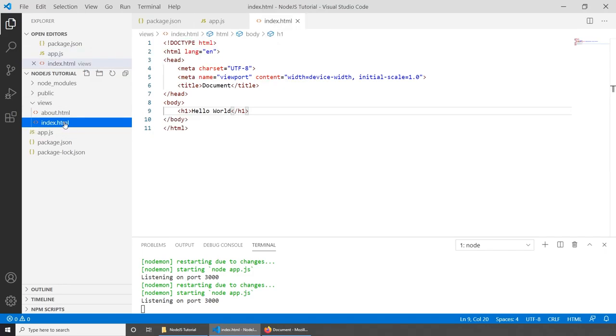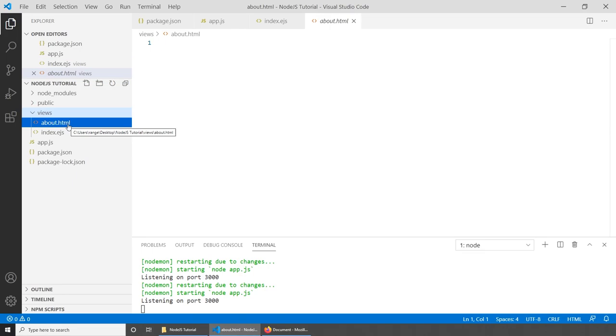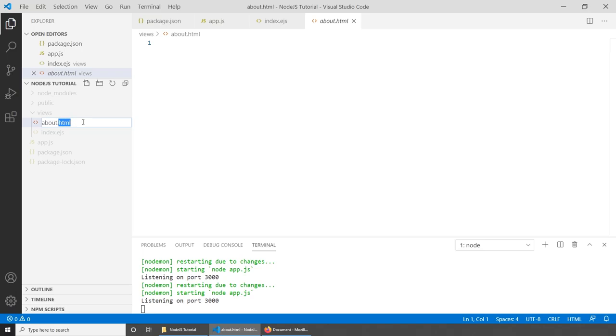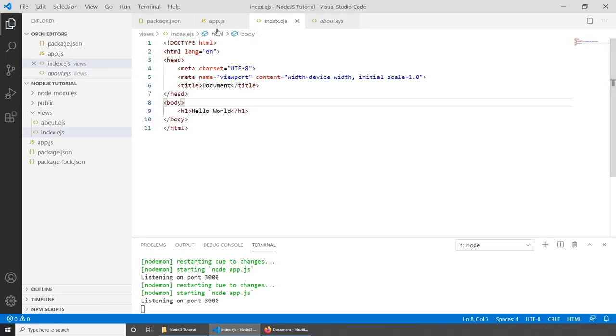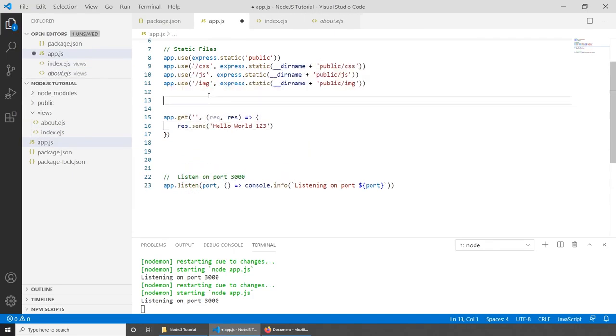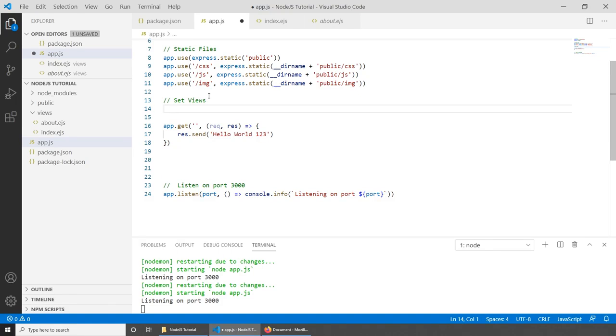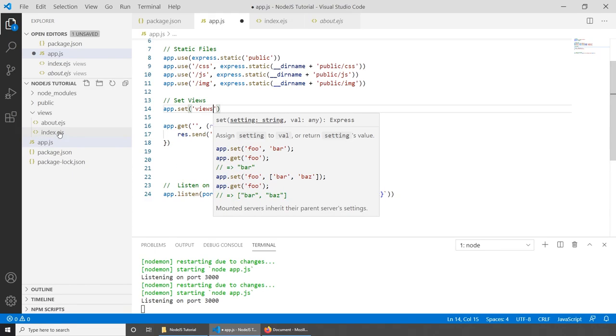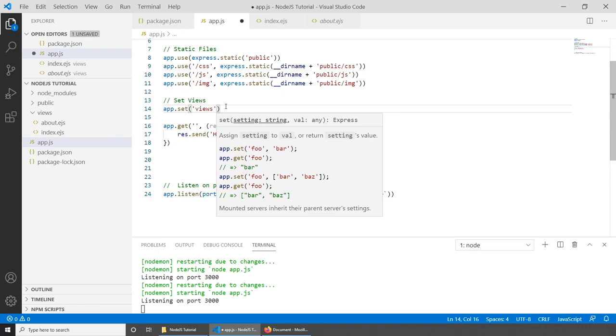First of all, let's rename the index.html to index.ejs. And we can do the same for the HTML here with about, so EJS, like this. And now let's go back to application and set the views for EJS. So we can do app.set views, which is the folder here. Then we can do